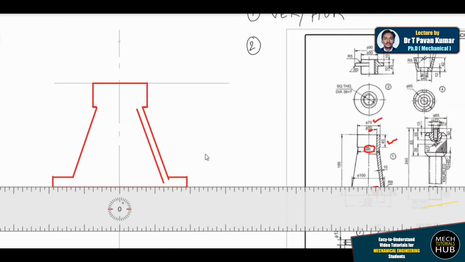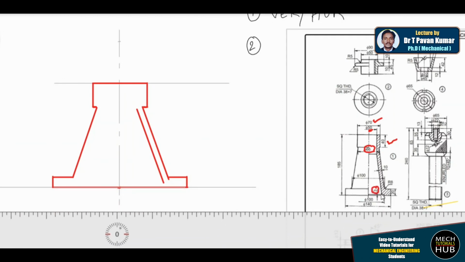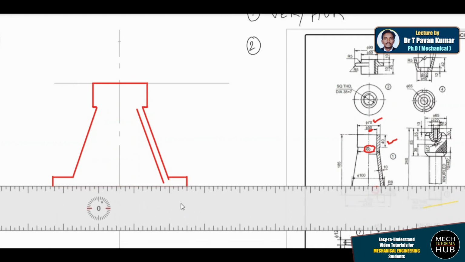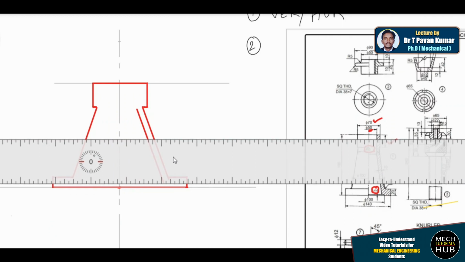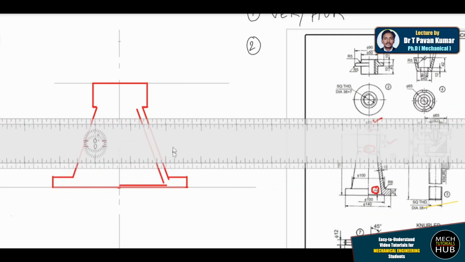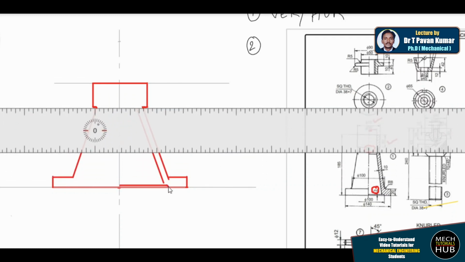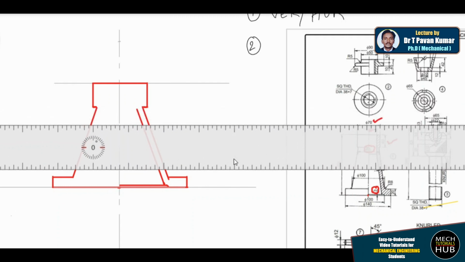Wherever it is dropping down, have a look, this particular line will come and intersect there. I'll try to drop a 3 mm line here from the axis, because actually this groove is there from one end to the other, but here we are showing it only to the one side. This groove is visible only to the one side. It is supposed to be on the other side also, but that is not visible because the cut section is there only on the one side.